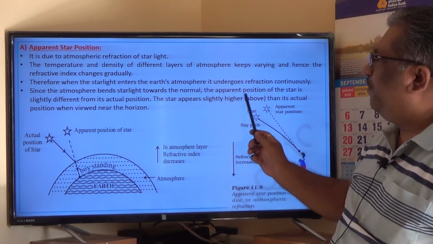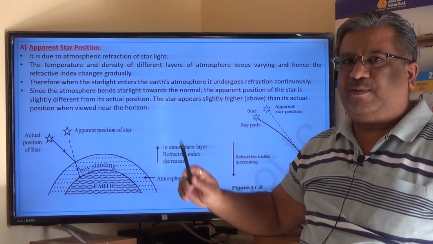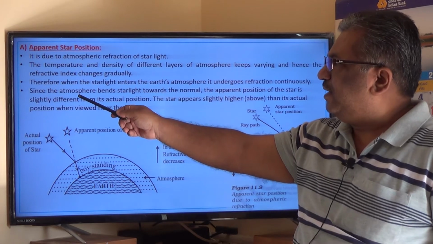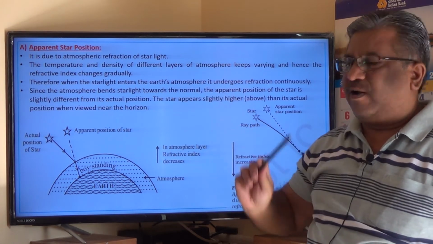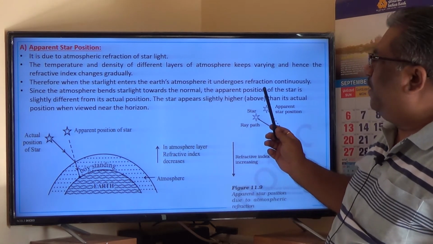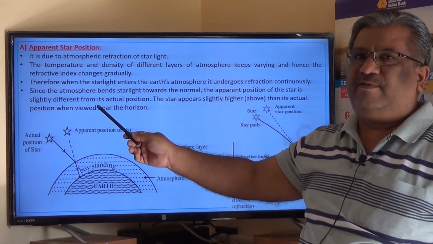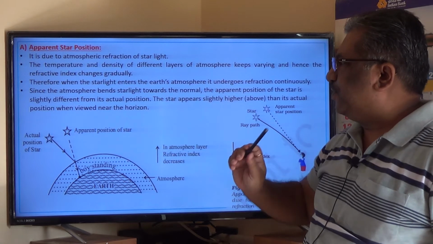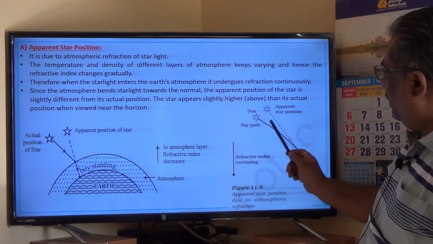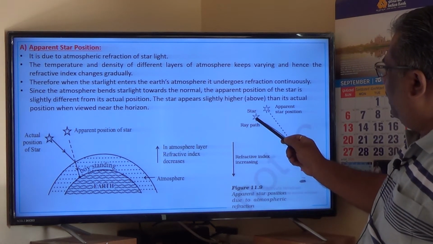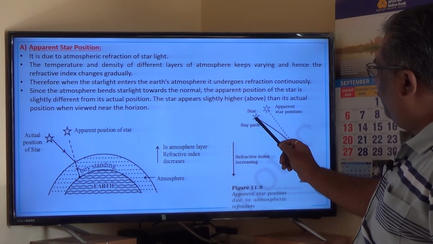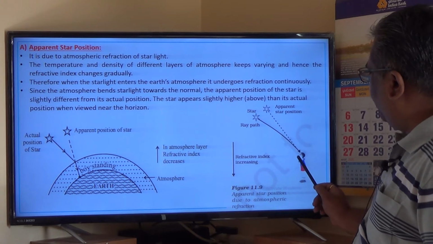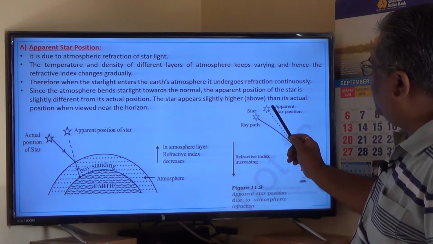Why is the apparent position of the star different from the actual position? As the atmosphere bends the starlight towards the normal, the apparent position of the star is slightly different from its actual position. Here, see here, all this is the atmosphere. The rays should have come straight over here into the eyes, but it will not happen. When the rays come over here, they will bend like this, and if you project it backwards, you will get the position